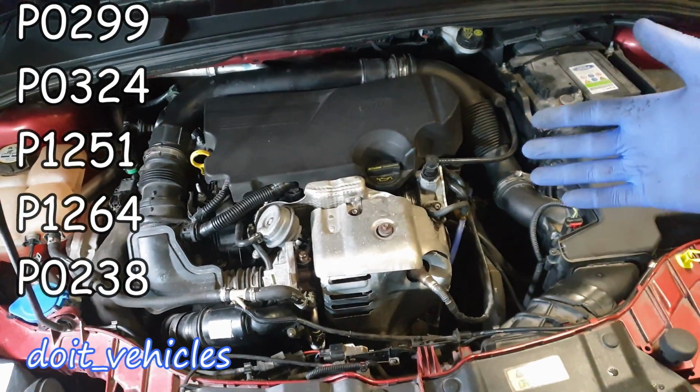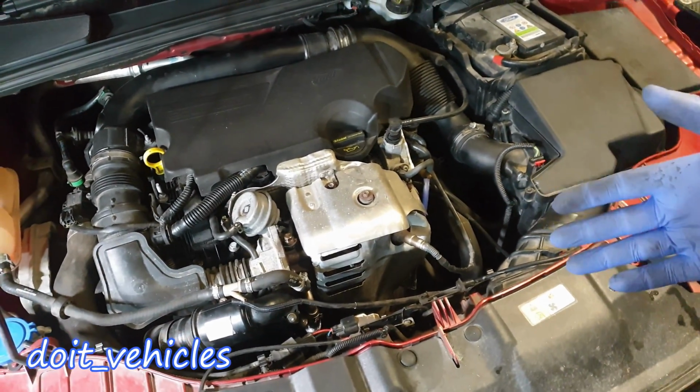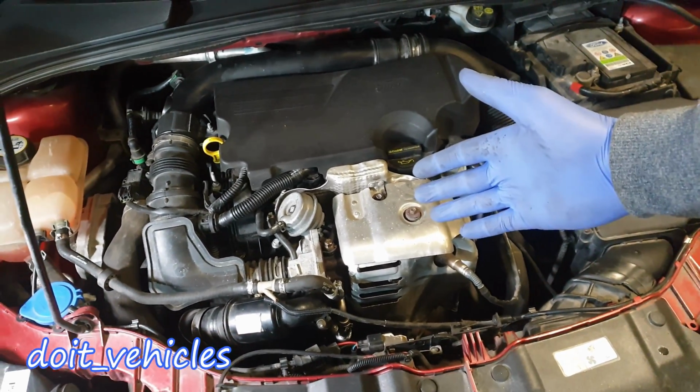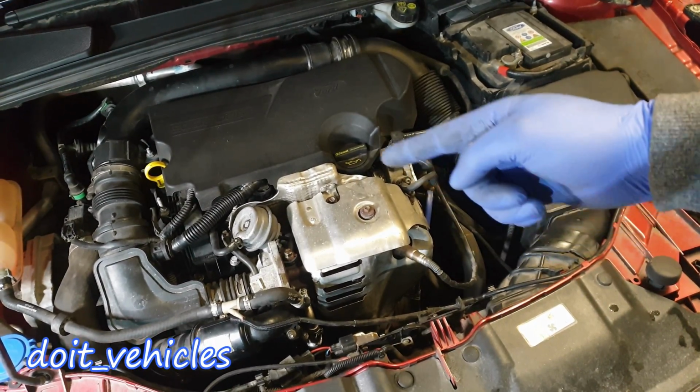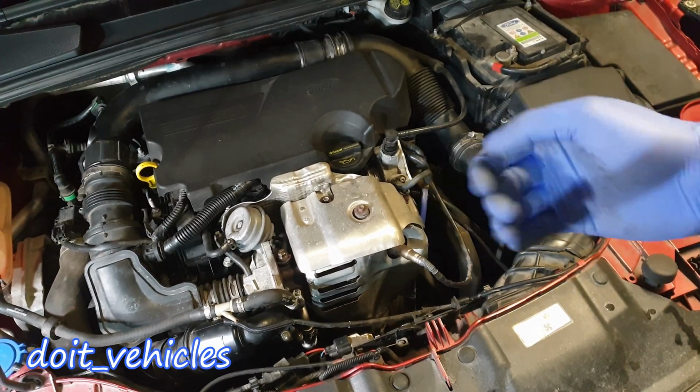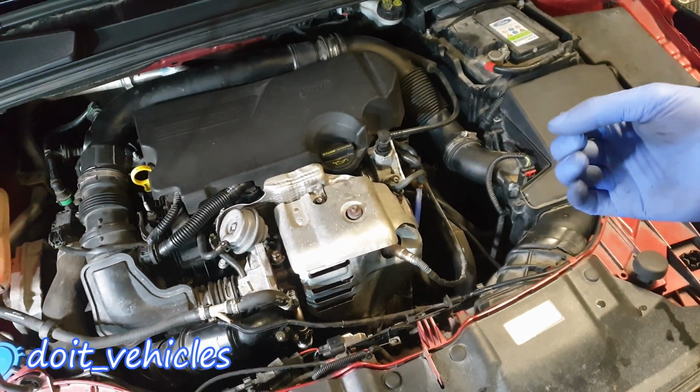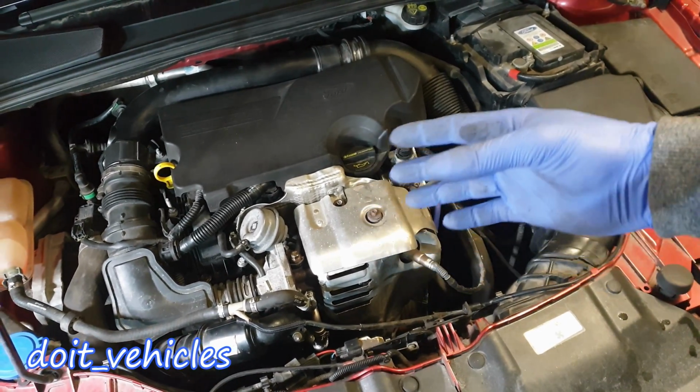And basically, in order to diagnose the turbocharger, I gotta show you how it works, and in order to show you how it works, I gotta remove the turbocharger, and then I'm gonna point out the components of it and what it does, and of course then you're gonna be able to recognize any issues and related trouble codes to